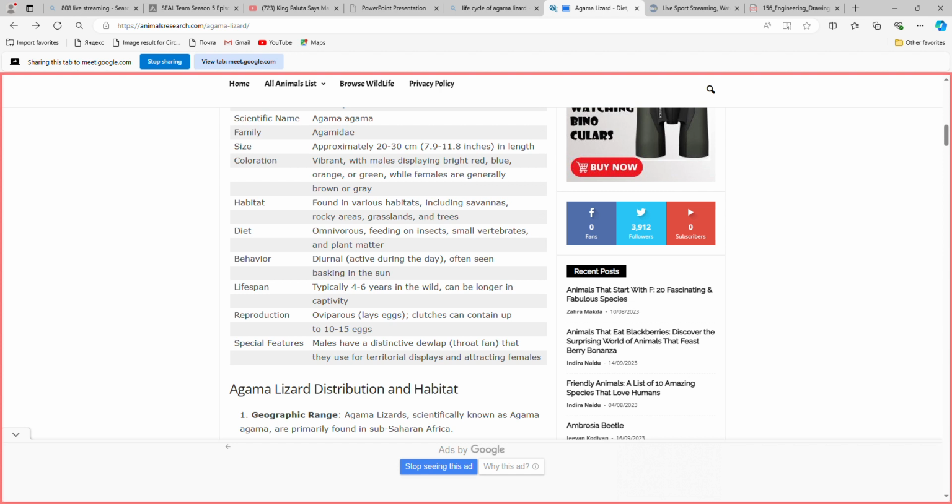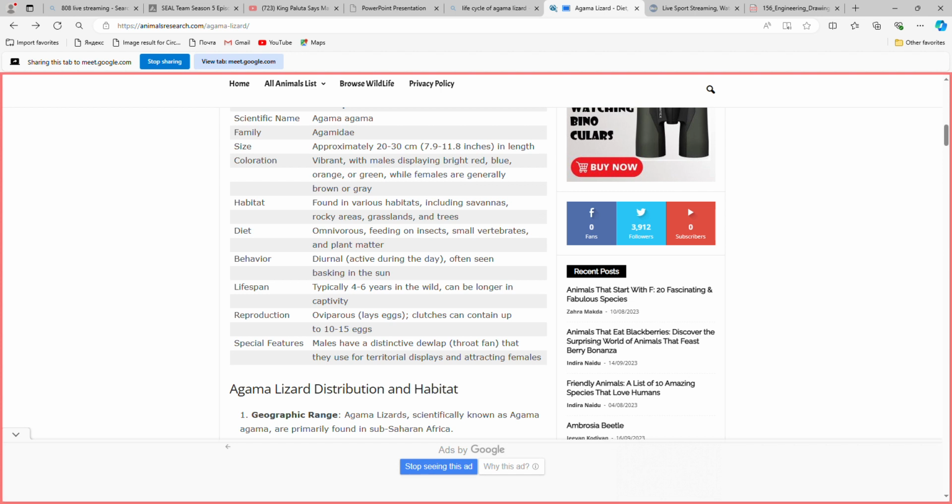Then also their special feature is that the males have a distinctive dewlap or throat fan that they use for territorial displays and attracting females. So later on you come and look at all these things one after the other. Now let's look at how scientifically we distributed